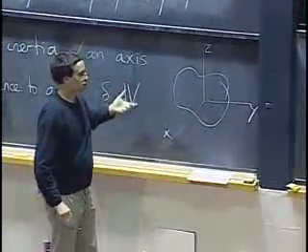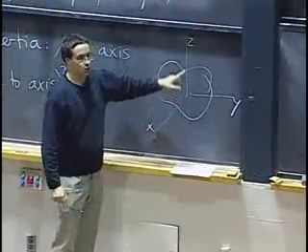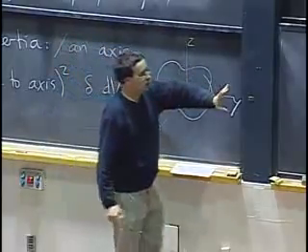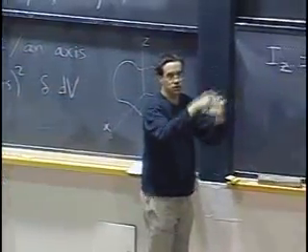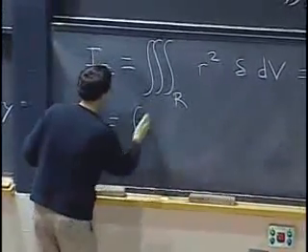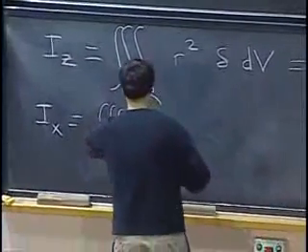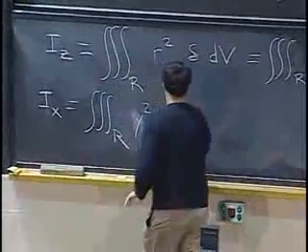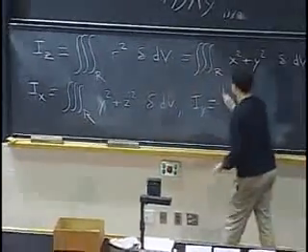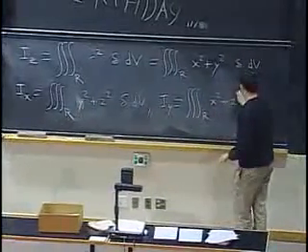Similarly, if you want the distance from the x-axis, that will be y squared plus z squared. Try to convince yourselves on the picture, or else just argue by symmetry, if you change the positions of the axes. So the moment of inertia about the x-axis is the triple integral of y squared plus z squared times delta dv. And the moment of inertia about the y-axis is the same thing, but now with x squared plus z squared.